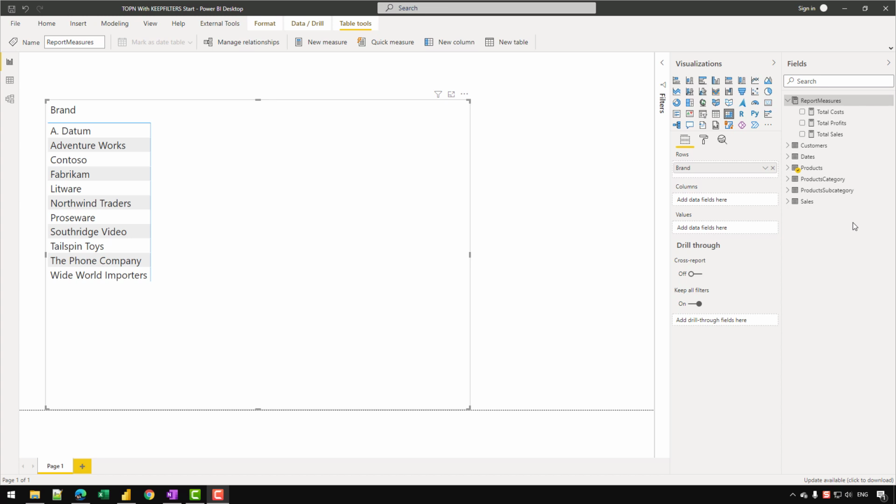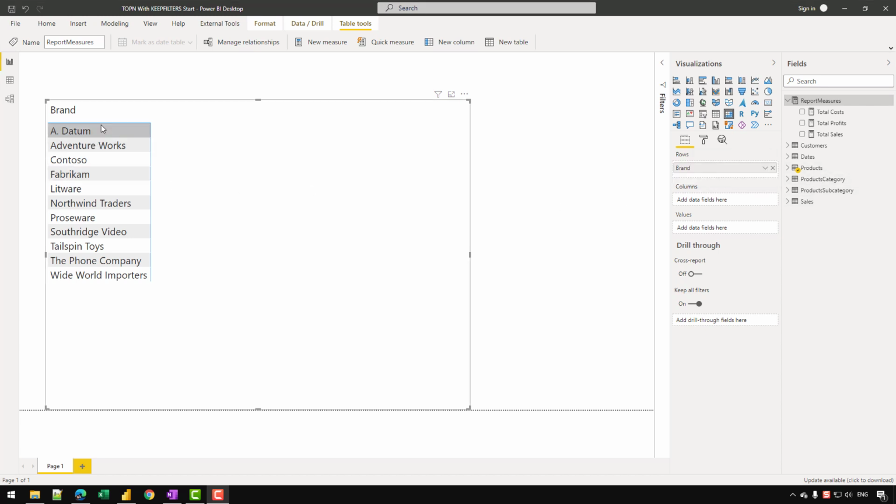In this video, let's see how we can perform a top-N analysis in Power BI with the help of the DAX function TOPN. In general, you can use any field from your data model to identify the top-N entities or fields with the TOPN function. For example, you can use the columns from the customer table, the dates table, the products table, or any table that you want.